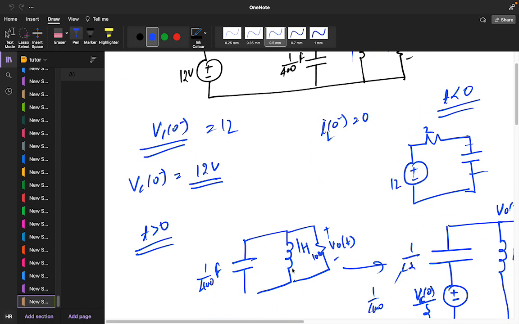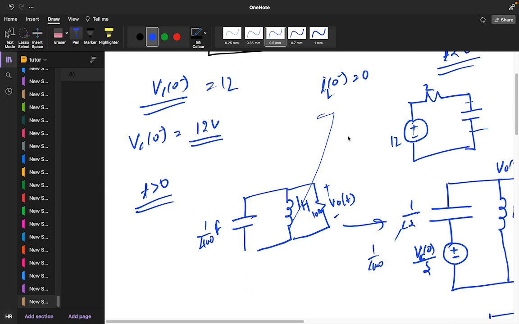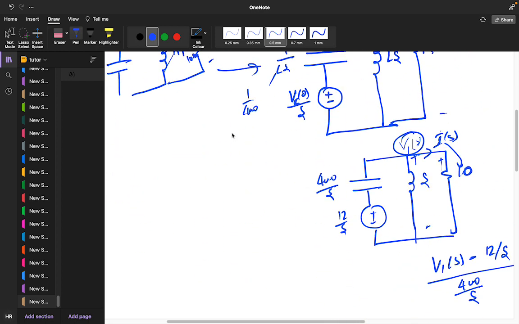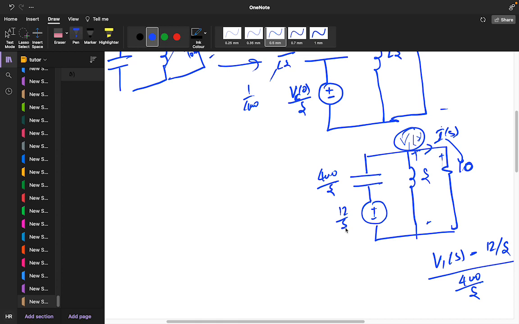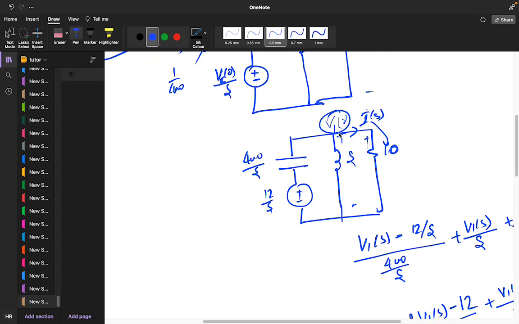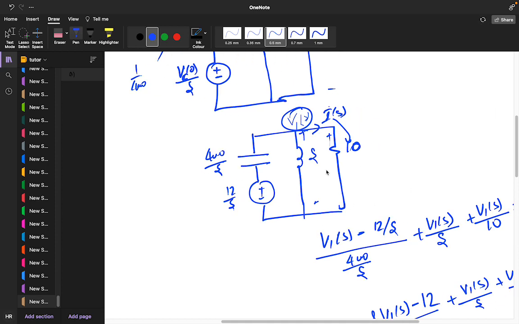So there is no need to represent the current source or the voltage source here, because the initial condition gives 0, but in v_C(0-) you are getting 12 volts, so you have to represent it as 12 by s, because we know the basics. By applying this we can use nodal analysis, and by using nodal analysis, (V1(s) minus 12 by s) divided by 400 by s, plus s into V1(s) plus V1(s) by 10,